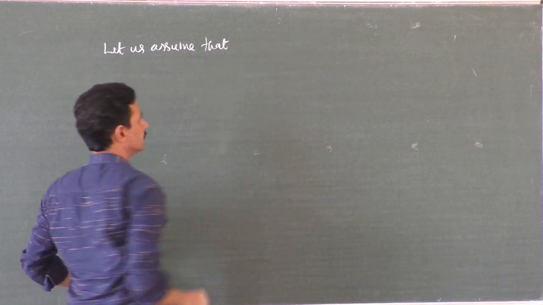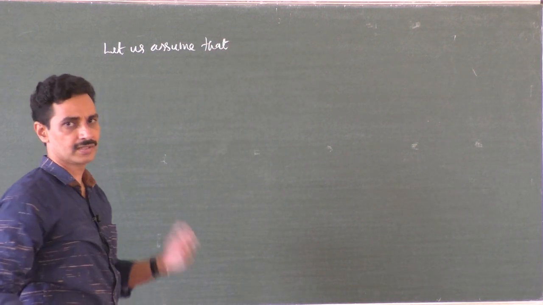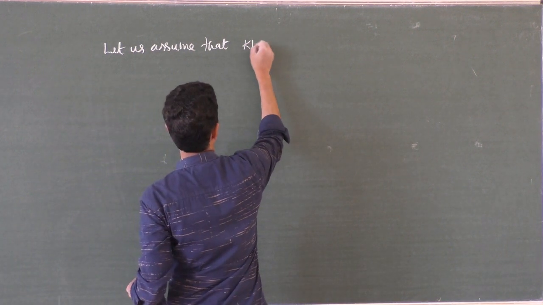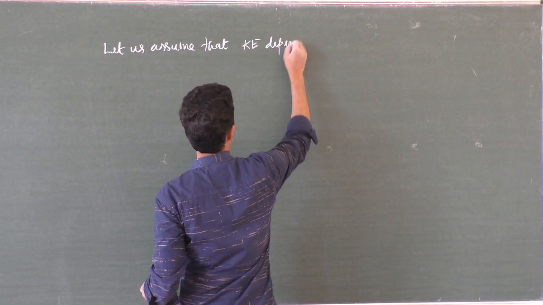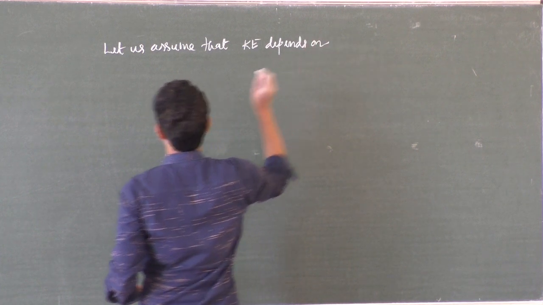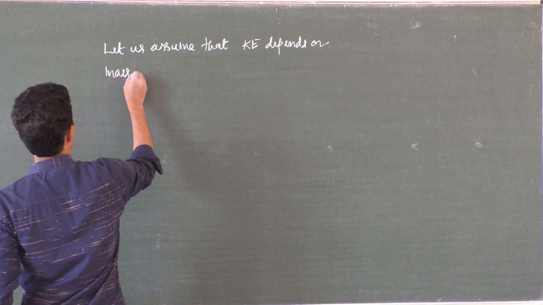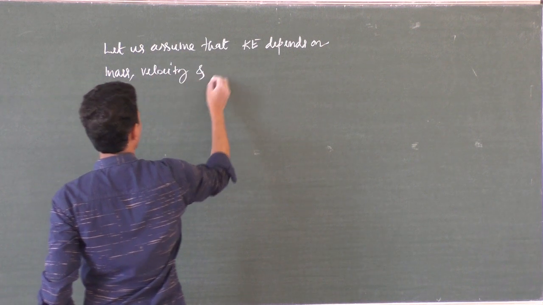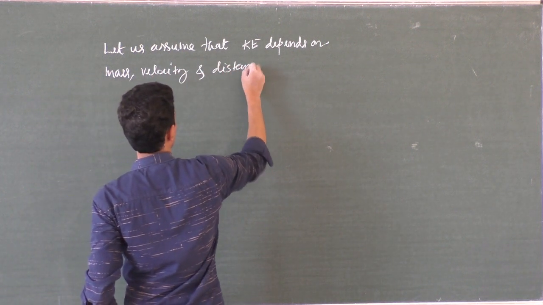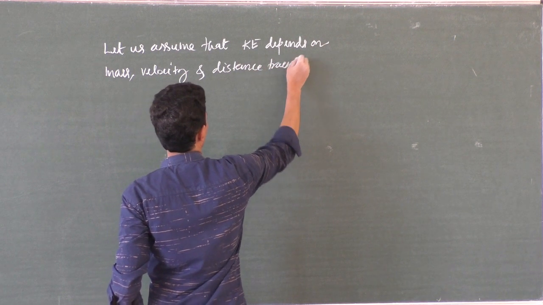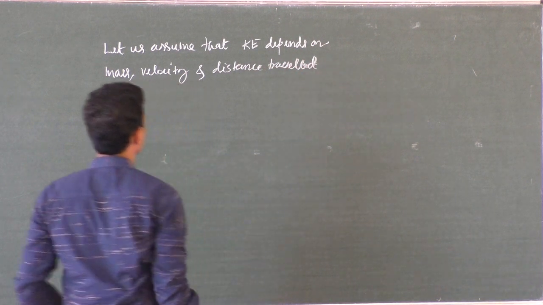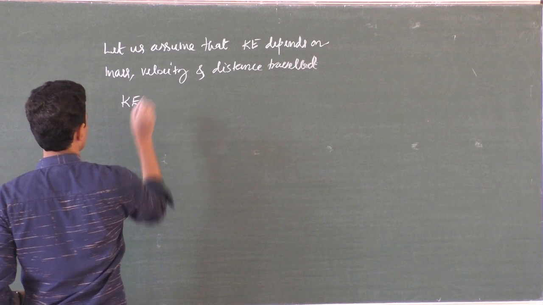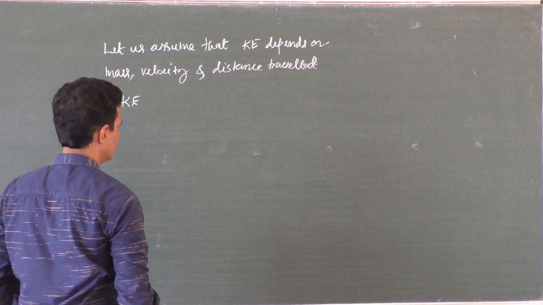ಇವಾಗ ಕ್ವಶನ್ ಏನು ಅಂತ ನಿಮ್ಗೆ ಗೊತ್ತು. Find the equation for kinetic energy of a particle. Let us assume that kinetic energy depends on mass, velocity and distance travel. ಸುಮ್ಮನೆ ತಗೊಳ್ಳೋಣ. ಓಕೆ, ಅವಾಗ ನಾವು ಹೇಗೆ ಬರಿಬೇಕು? ಕೈನೆಟಿಕ್ ಎನರ್ಜಿ KE ಅಂತ ಬರಿತೀನಿ. Kinetic energy depends on